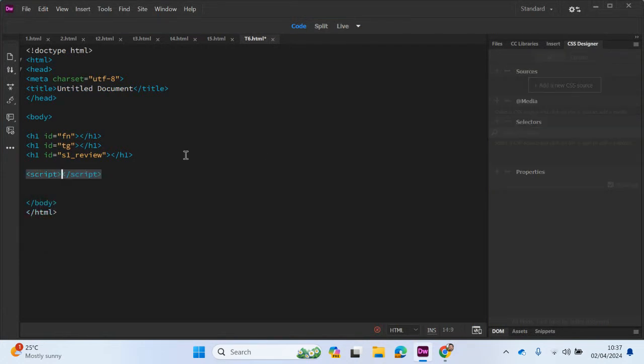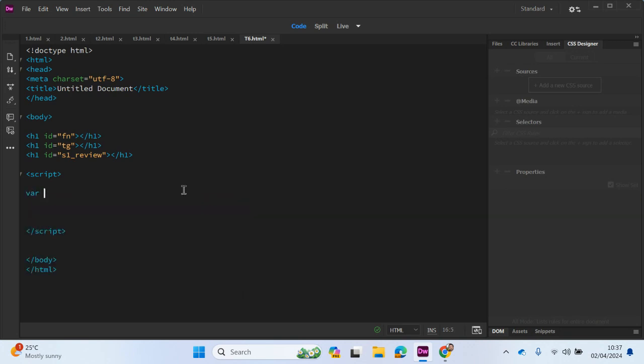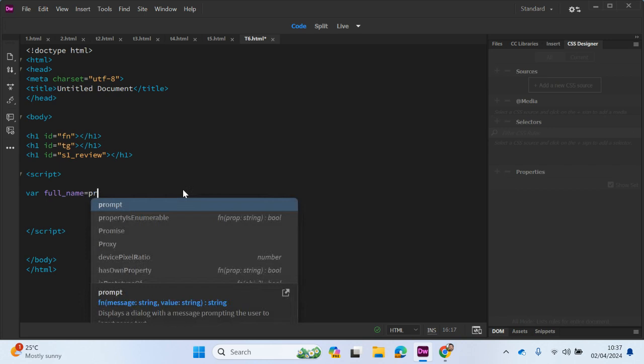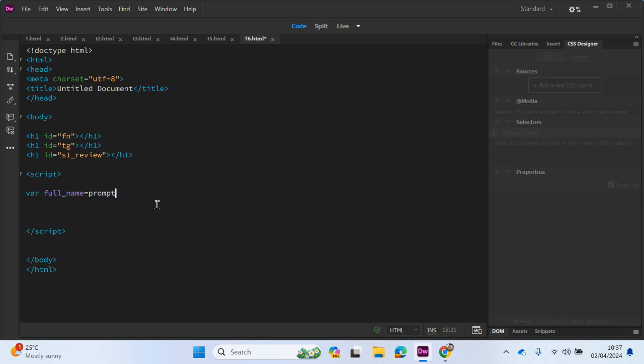The JavaScript will enable us to interact with our web page. The first thing that we need to do is gather some details. We need to gather the full name and how many goals have been scored, and this will be stored in a variable. So var, we can call it full name, equals prompt, since the user will be entering this information in. Open a bracket and then enter the prompt that will appear. So please enter your full